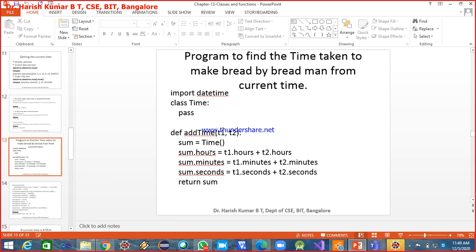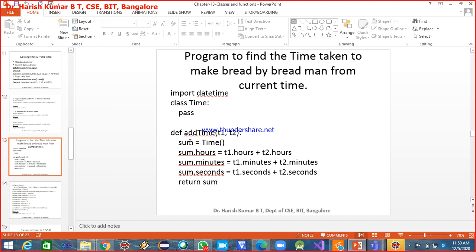Now my intention is to add the hours from both the instances and store it into the hours attribute of another instance called sum. So sum.hours is equal to t1.hours plus t2.hours, and similarly I perform the addition of minutes from the instance t1 and instance t2 and store it into the attribute minutes of the instance sum. Similarly the seconds I'm adding, and finally I'm returning this instance sum.